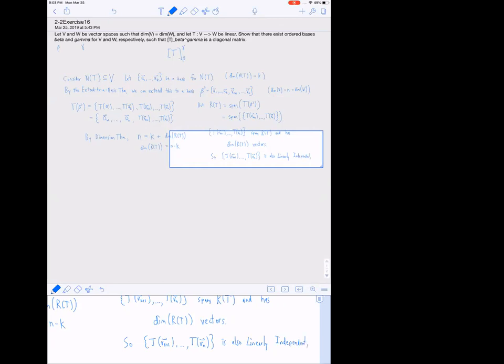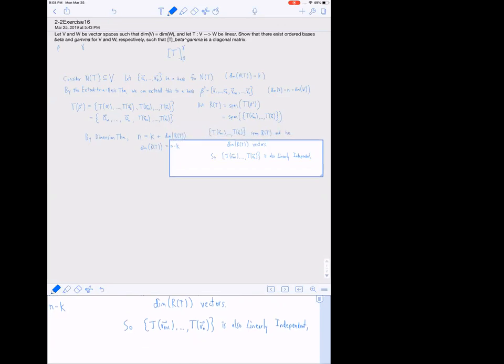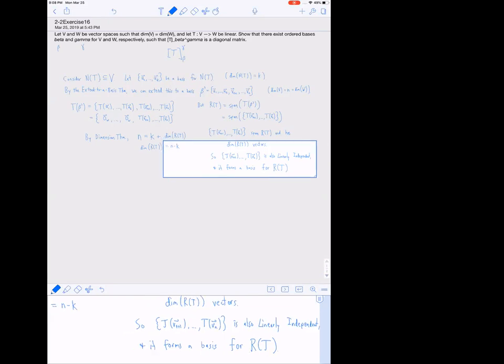So if it spans the space and it's linearly independent, then it forms a basis. Not for all of W, mind you, but a basis for the range of T, which is a subspace of W. Okay, so if we want a basis for W now, we can extend this to a basis